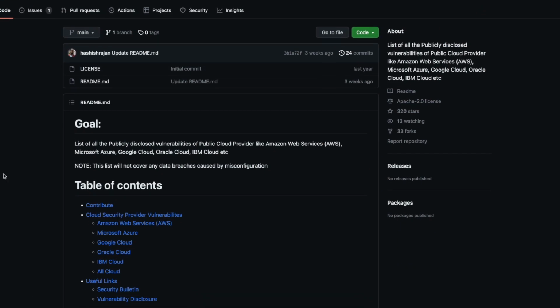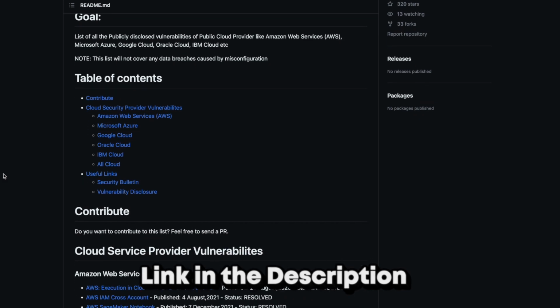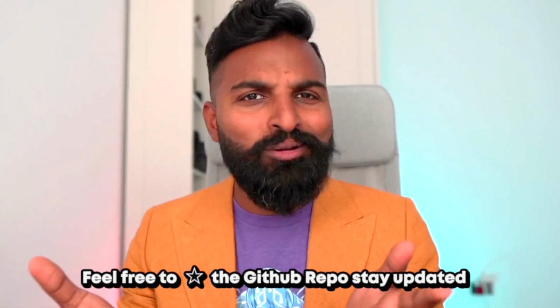And you don't have to go far to look at the vulnerabilities that are already being announced by a lot of these cloud service providers through research that has been done by amazing researchers. I will leave a link to the GitHub repository where we've been maintaining a list of all the vulnerabilities for these cloud service providers for your pleasure to read.